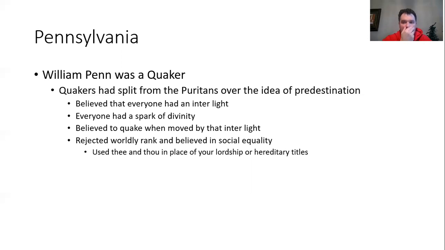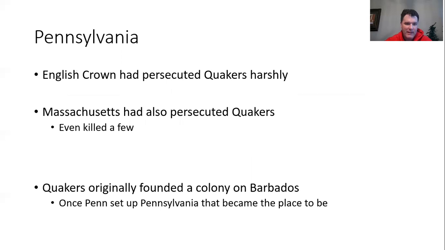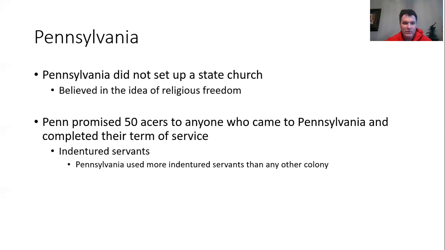and they start to use different pronouns. So they use thee and thou in place of your lordship, or dukes and duchesses and those types of things. And so that puts them in a bad place in the old world in Europe because the nobility doesn't like them. And then the Puritans or the English, the religious reformers, don't like them. And so the Quakers move to Pennsylvania and they set up shop. The English crown persecuted Quakers. Massachusetts had persecuted Quakers. And the Quakers believe in nonviolence, and so they don't fight back. And originally, they founded places in Barbados, but then they decided they're going to move once this is all set